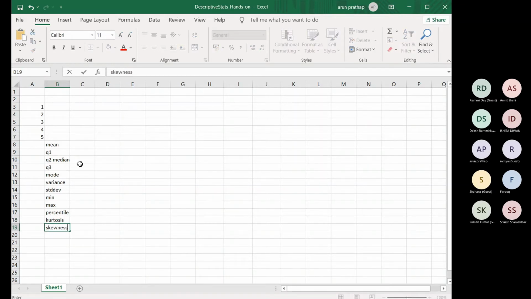You just assume that there are functions like this. For all these, Excel provides predefined functions. I will tell what each one is. So for mean, you have to use the function called average. Once you do that, same way, I select 1 to 5. If I enter, I got the same result, 3. For Q1, I have a function called quartile.